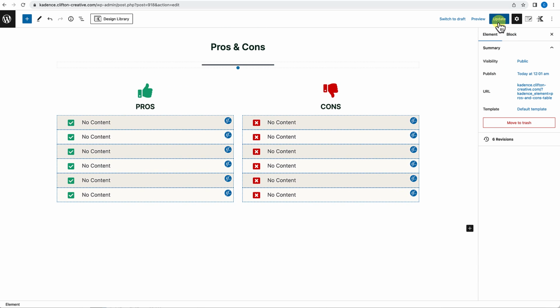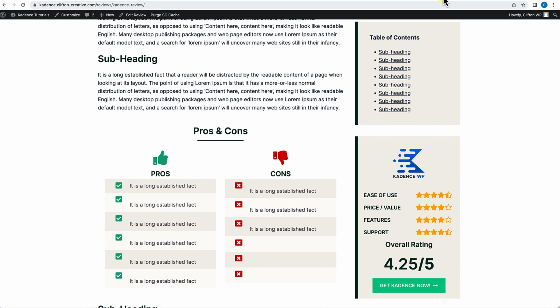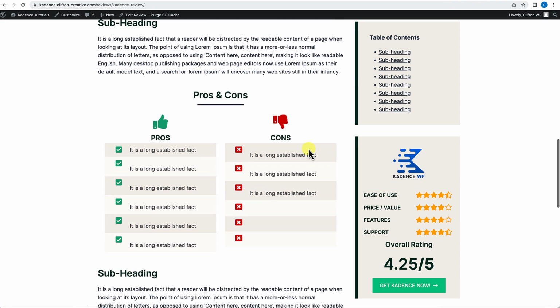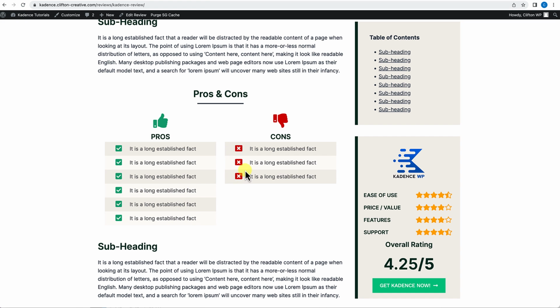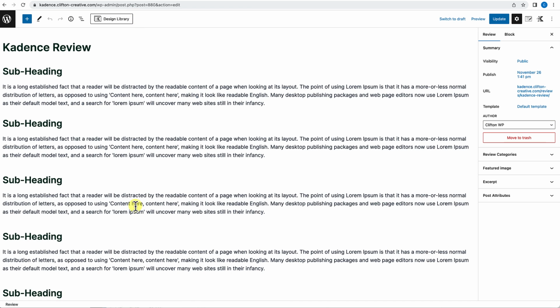Let's go ahead and click on Update. And then we're going to go back to our reviews page. And now when I refresh the screen, we can now see that only the cons that actually have content in them will display. Right? Same thing with the pros. If I come over here to Edit Review, and we scroll down,